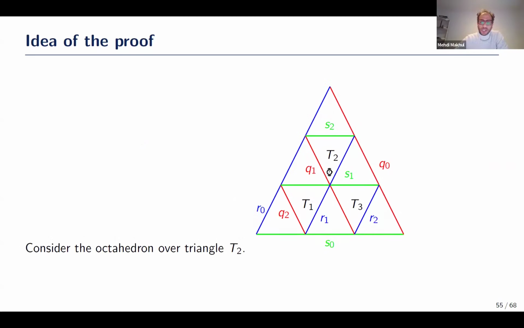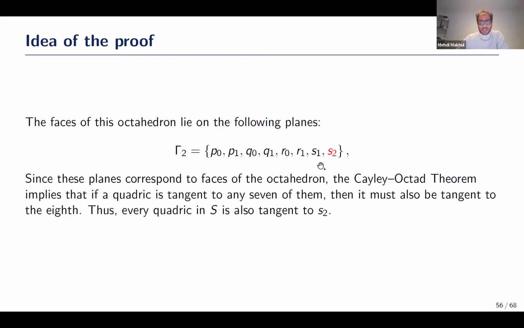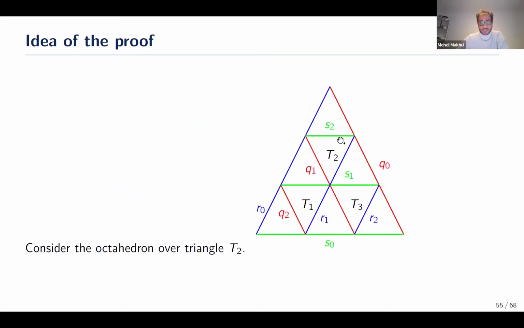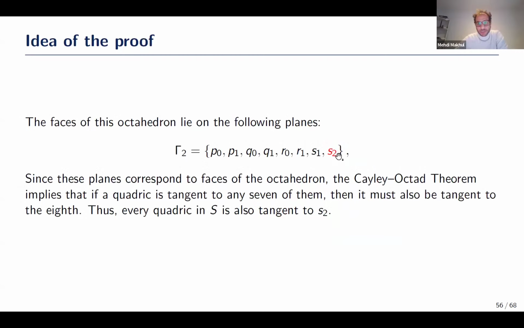Now I consider the octahedron over T2. The faces of the octahedron constructed over T2 lie on these planes: P0, P1, Q0, Q1, S1, S2, and R0, R1. P0, P1, Q0, Q1, R0, R1, and S1 already appeared in T1. So these are the planes containing the faces of the octahedron over this triangle T2. Then S2 here is a new